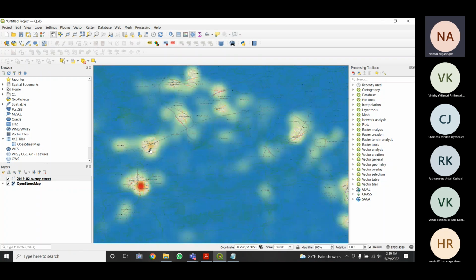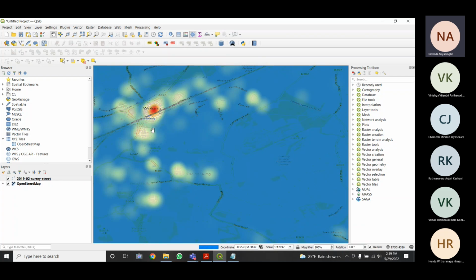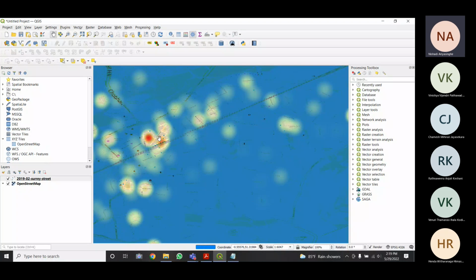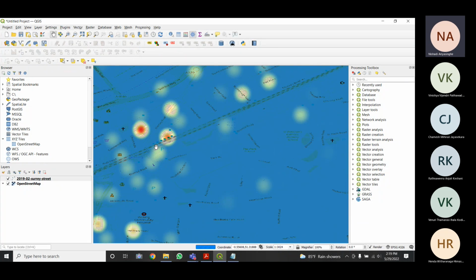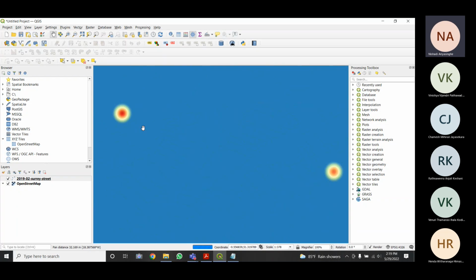So if we zoom in also, you can see these red colors, I mean the heats, have been updated, right? So you can zoom in and see.